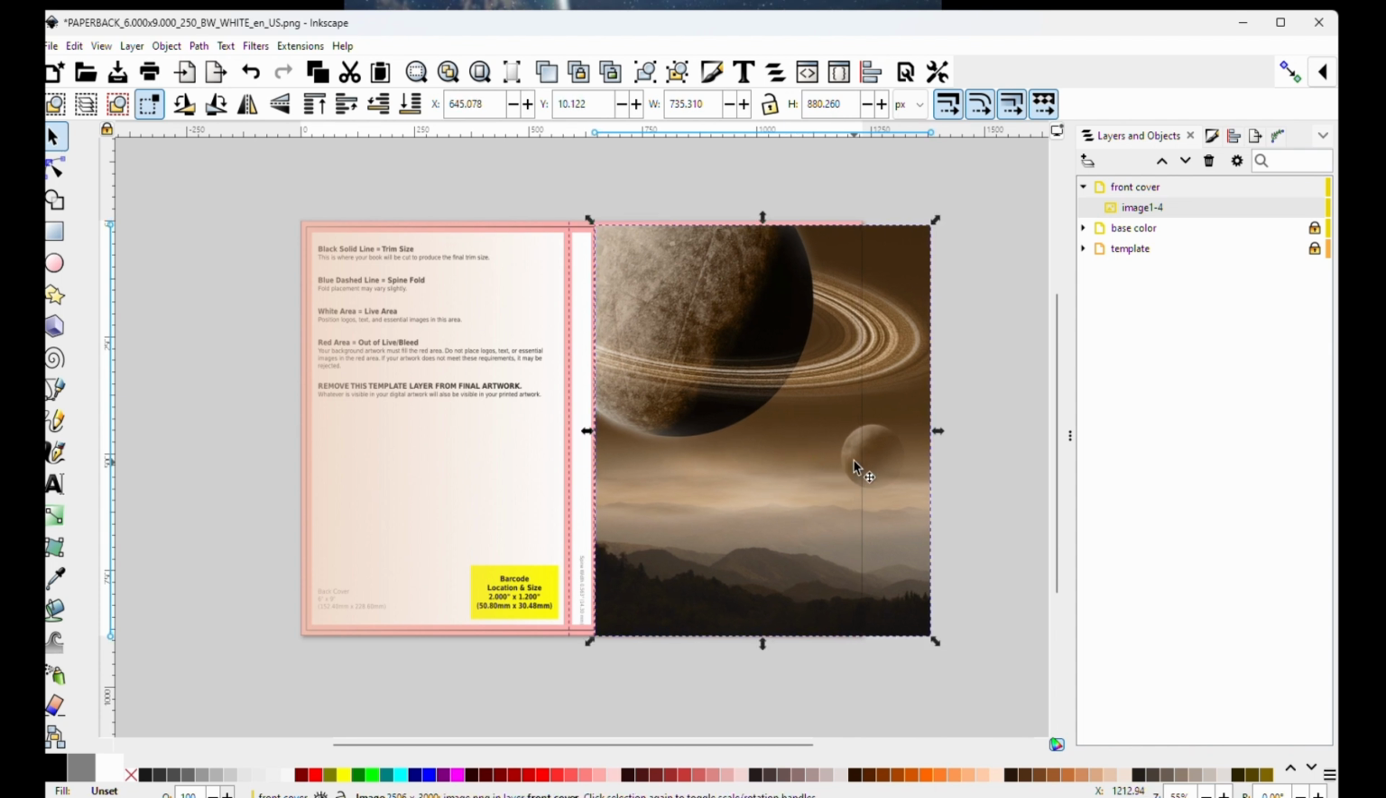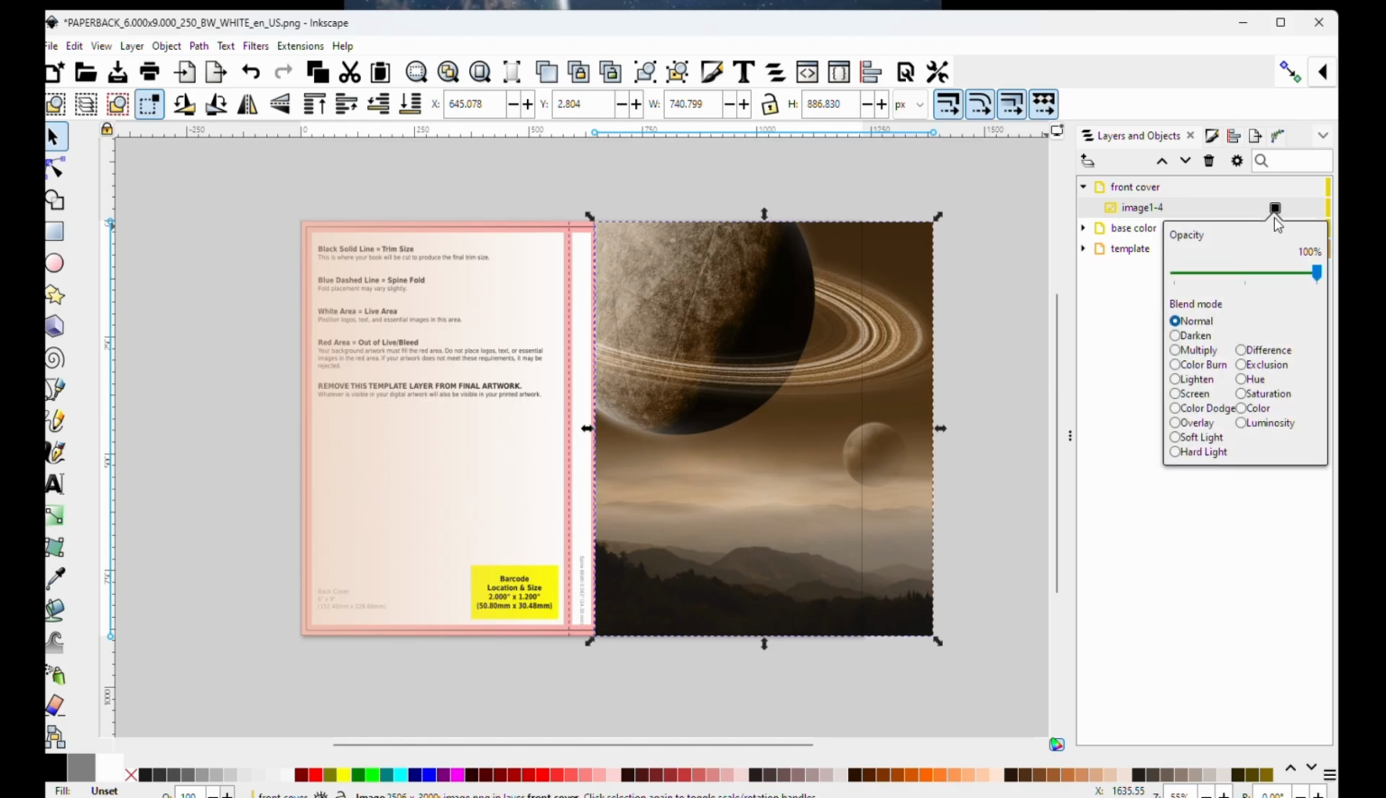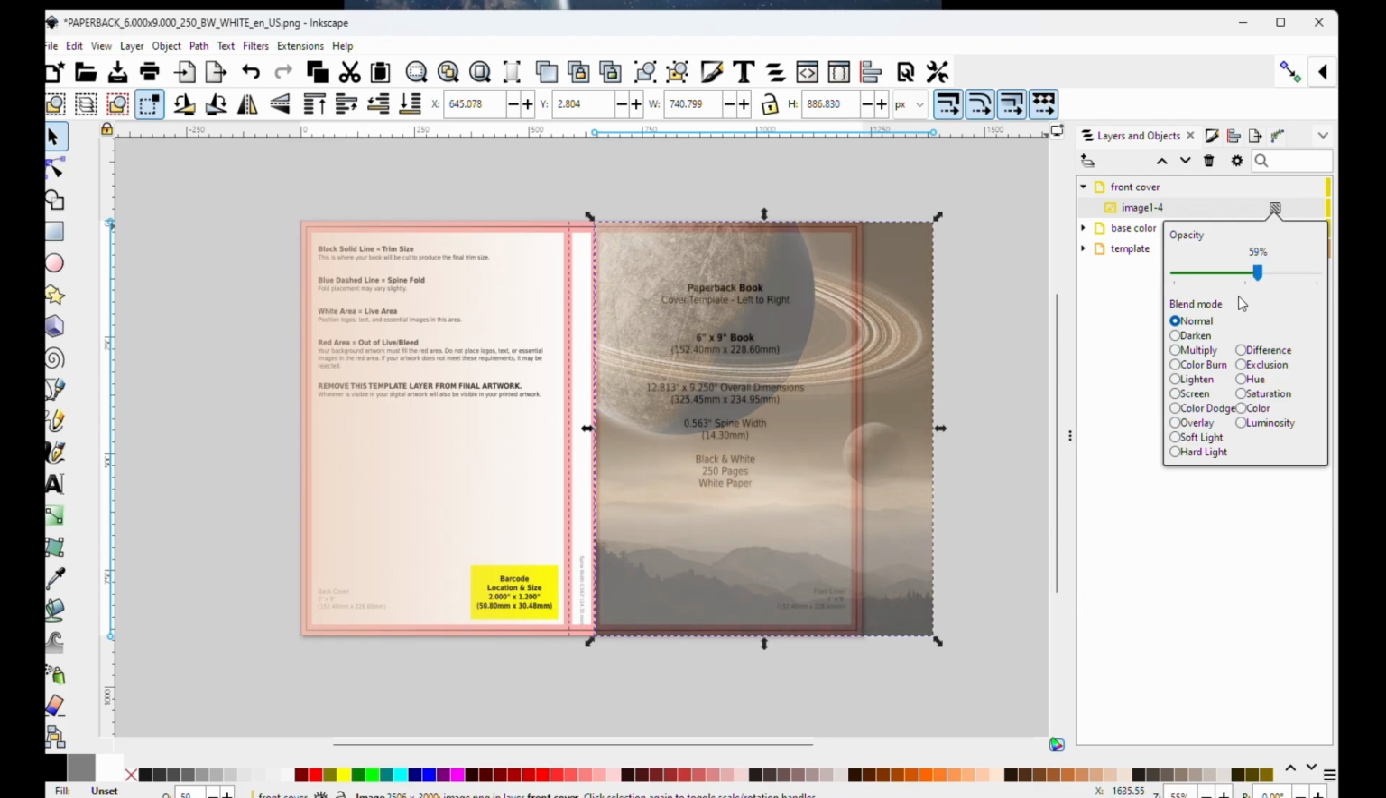But it's difficult still to see where my edges are and where the template is. So what I'm going to do, and I need to make this a little bit larger to get it down over the edge of the template itself, I'm going to click on the little black square, which again handles the transparency, and I'm going to make it a little bit transparent so I can see where the edges are. Now